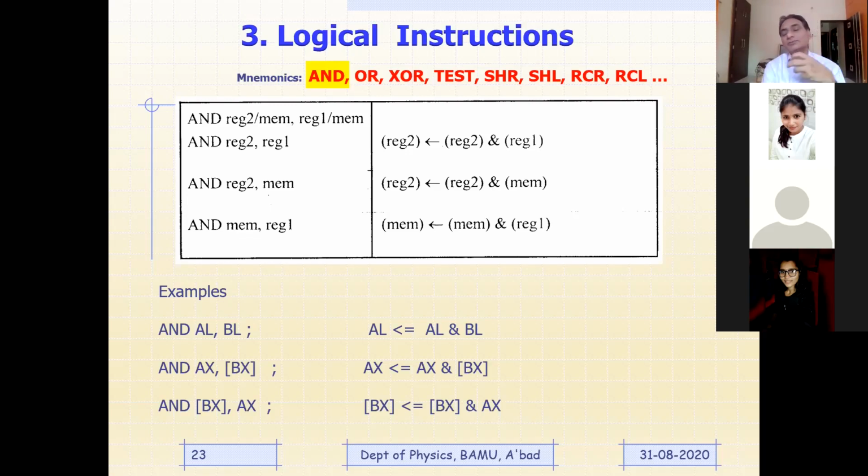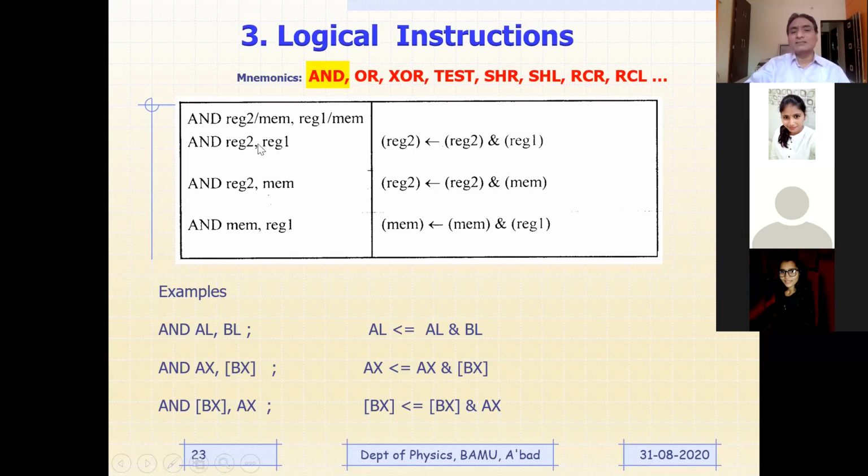So what would be the output? For the three combinations 0 0, 0 1 and 1 0, the output is going to be 0, and only for the last combination the output would be 1. That is why I said if any one of the inputs is 0, the output is going to be 0. If any one of the inputs is absent, the output is going to be absent. This truth table you need to remember. Similarly, you need to recall the truth tables for OR and XOR, which we will see later. So as far as AND is concerned, this is the format.